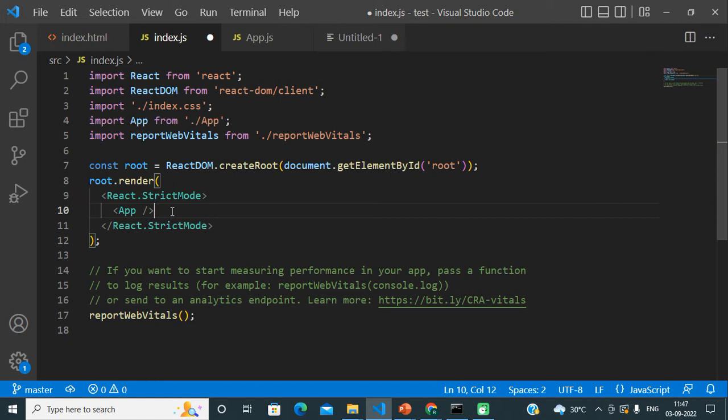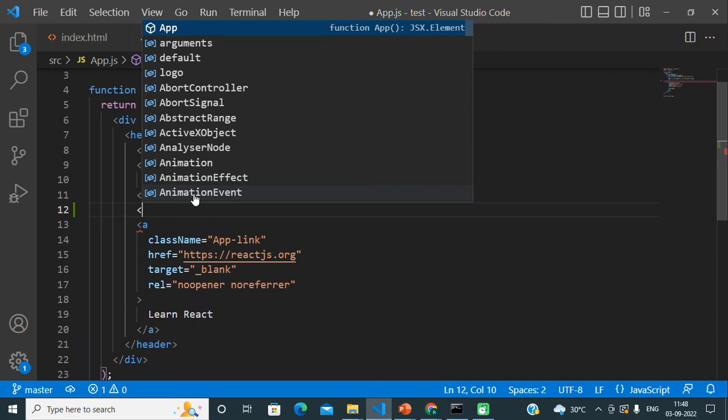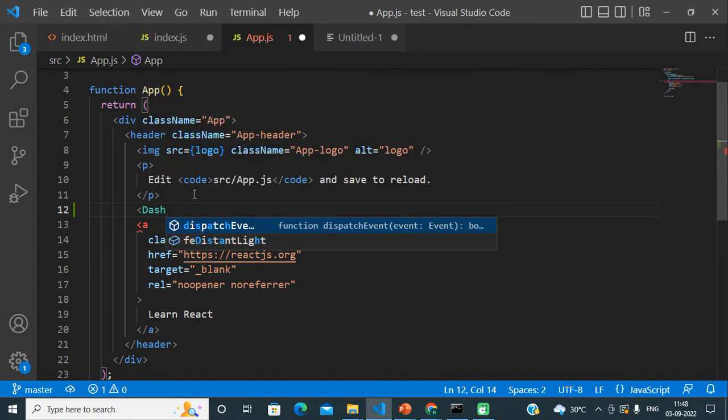So while rendering any component with this syntax, the first letter of the component name should always be a capital letter. Let's say index.js file is rendering the App component, and within that App component, if I am rendering another component like Dashboard, then I have to render it something like this with the capital letter. I can't write it something like this.